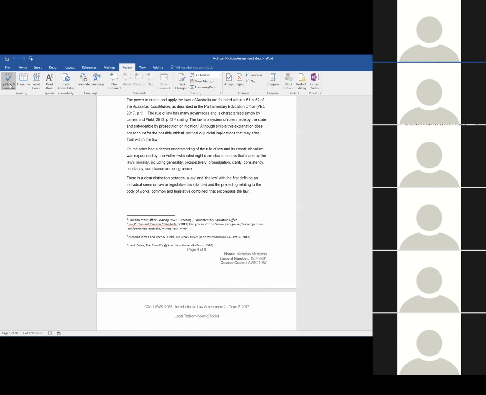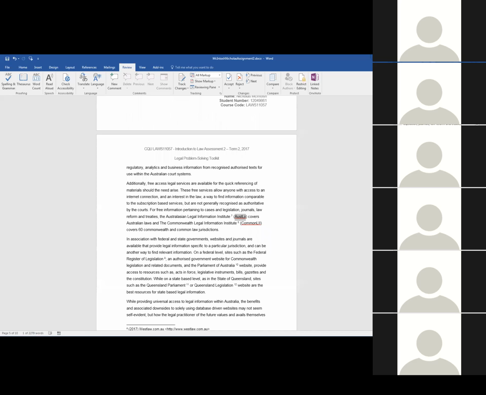Can you see on the right-hand side, the editor for spelling? We'll just ignore that one. And it should then default to the next issue. Okay, so it says Ostley.